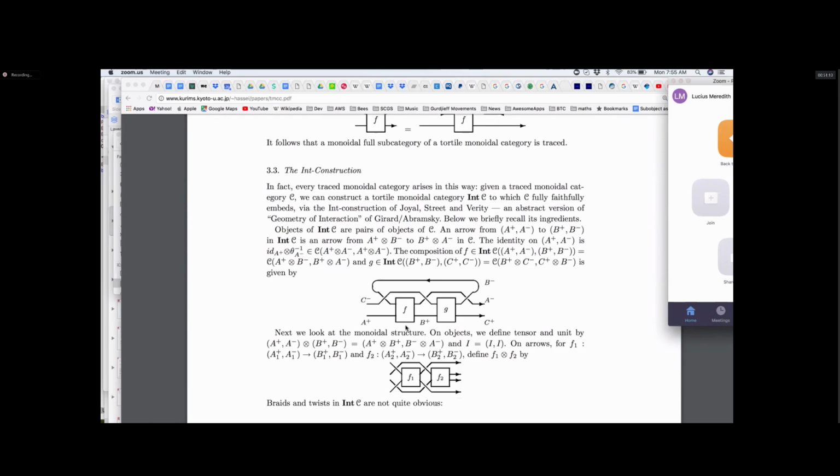So you've got your morphisms that are a little bit funny because they have an A part and a B part, and then, let's see if I can explain this. So an arrow is going to be